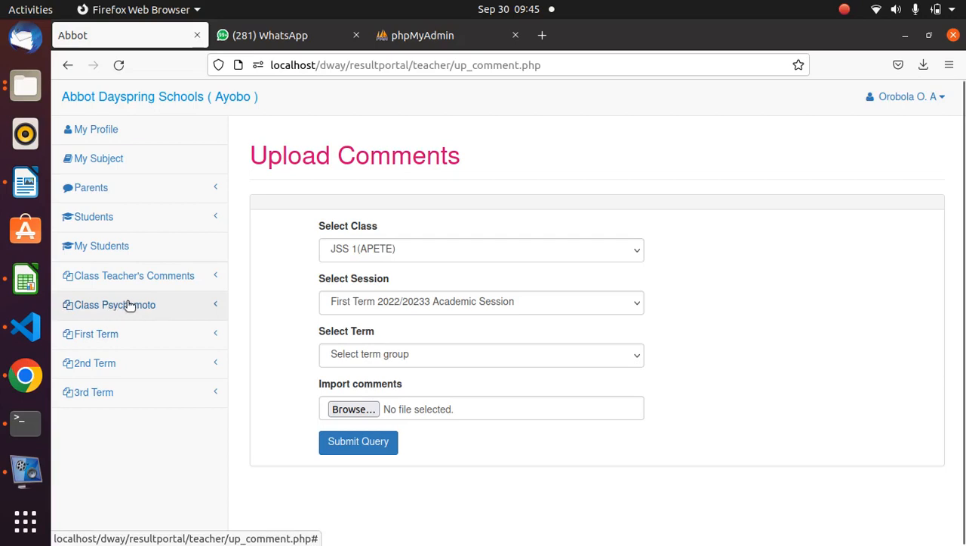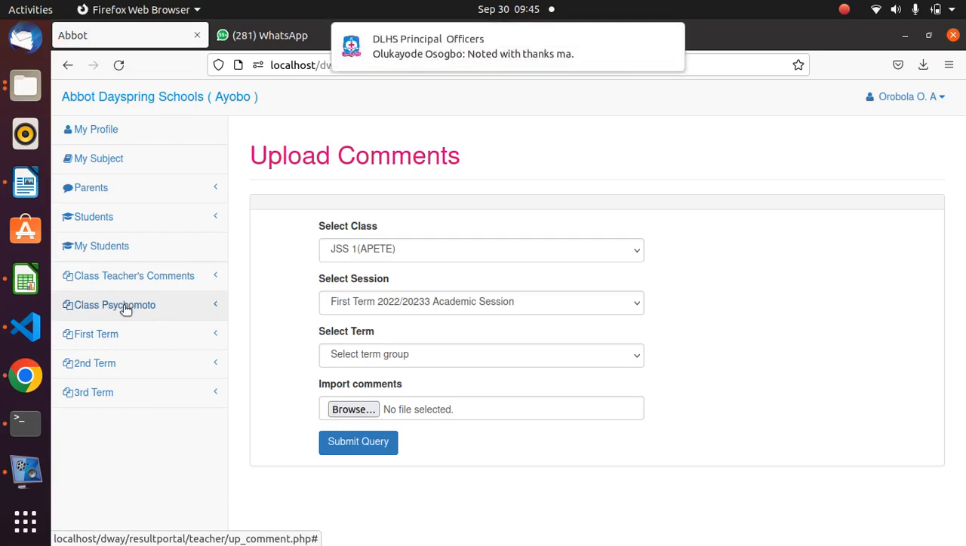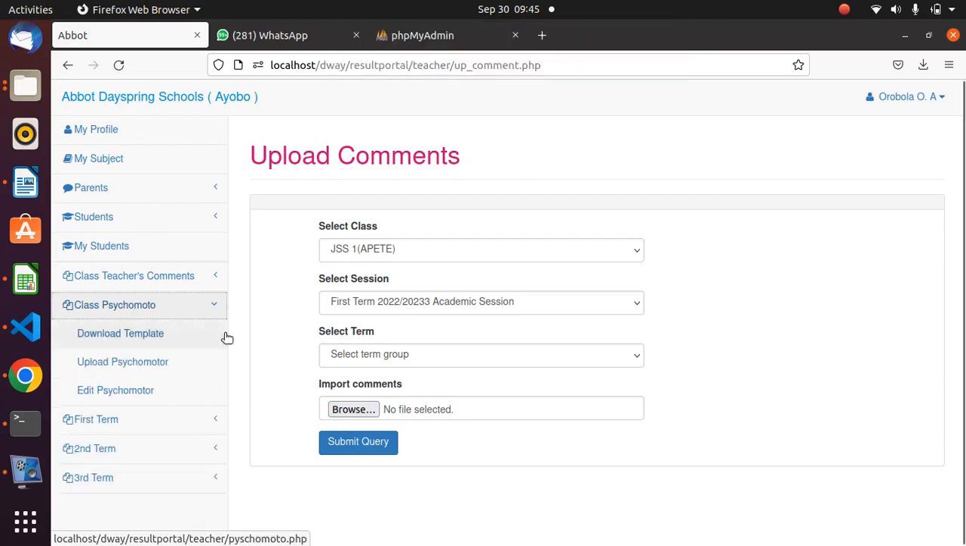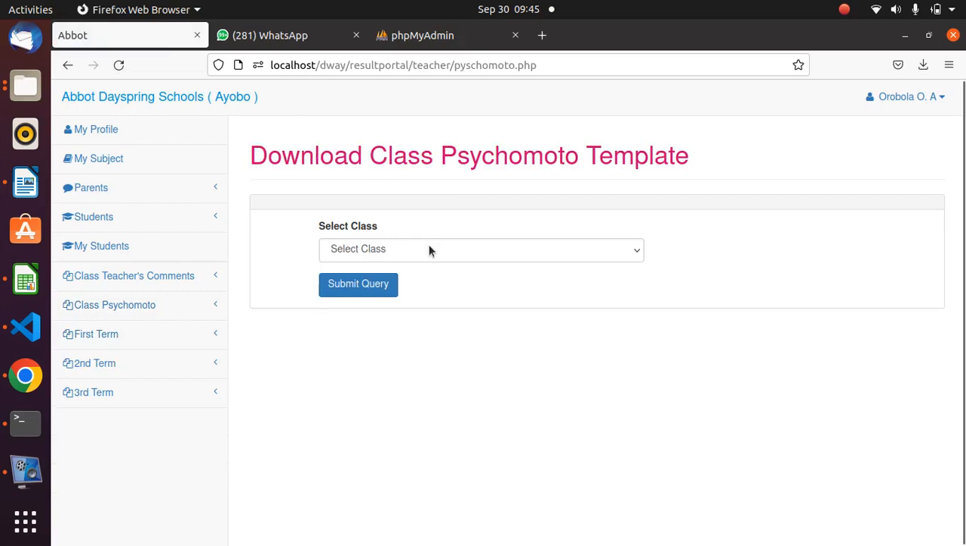Then the next thing is the class psychomotor. The class teacher also is able to add the psychomotor, because it is the responsibility of the class teacher to be able to have understanding of individual students in the class. So it comes here, he selects his class, he downloads the template. Then once the template comes up, he adds each of the psychomotor elements and the various grade value the child